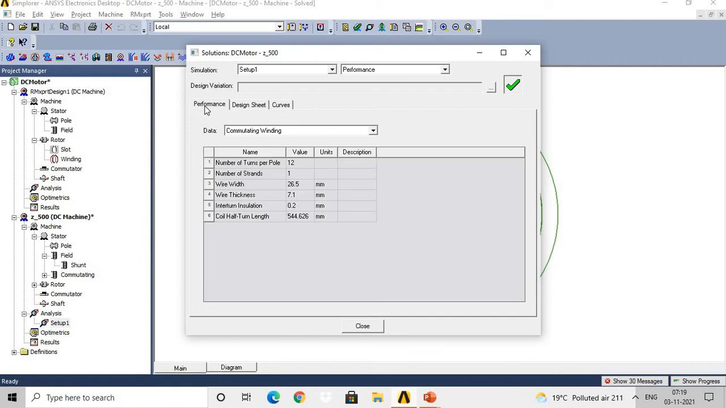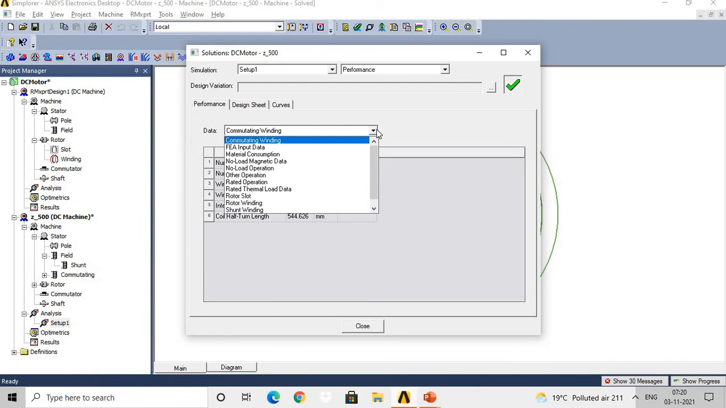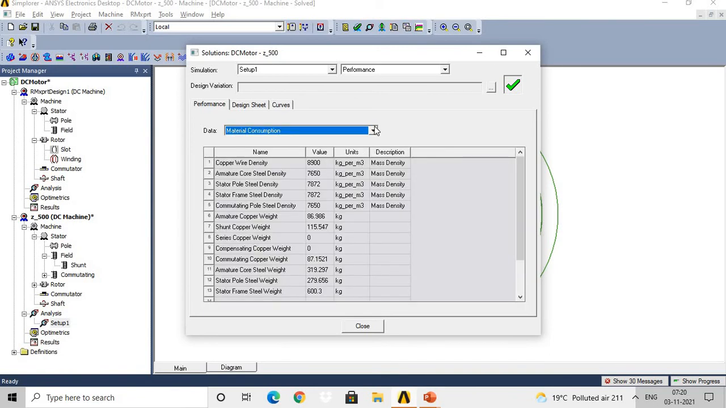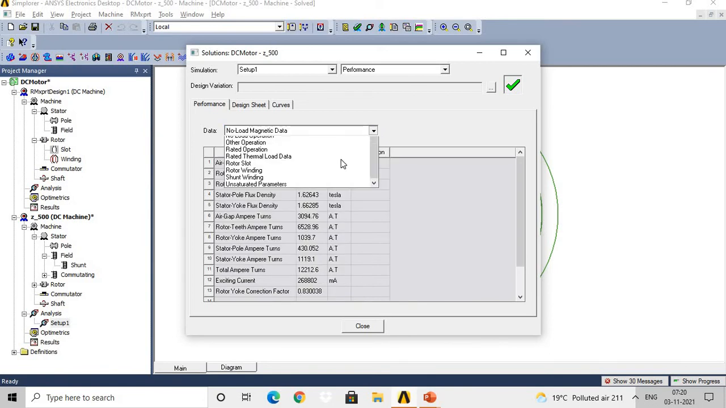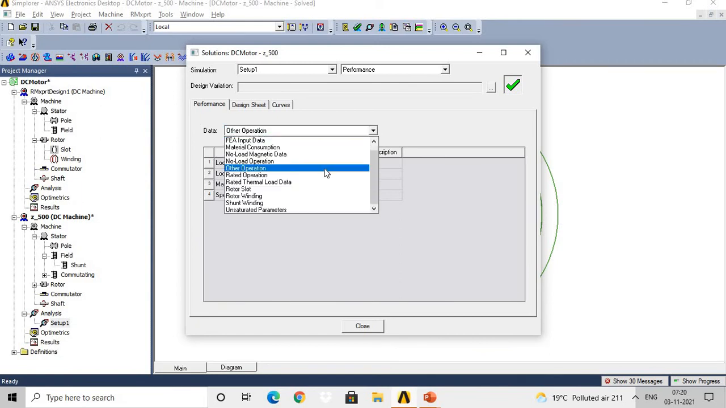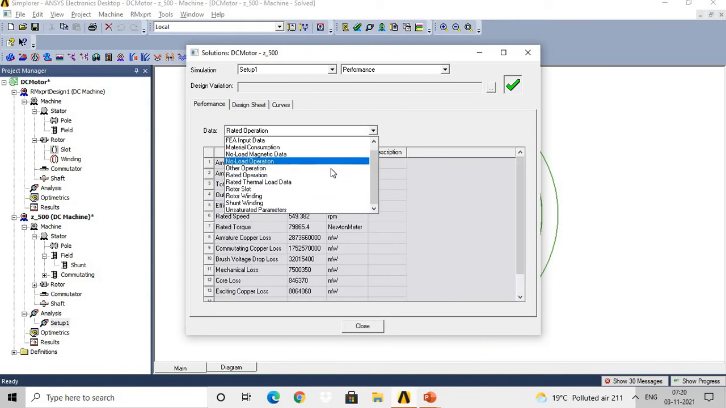Then regarding the performance of the machine, till now we have discussed the entire design sheet in detail. But if you are interested in a particular parameter, you can select that parameter only, and you will get the specific information related to that parameter, like commutating winding, then P input data, then material consumption. If you are interested in material consumption only, you can select the material consumption, then no load magnetic data, then other operational data, rated operation. So whatever details we have seen in the detailed design sheet, here you can select for a particular part or particular point only, like rated thermal load data,